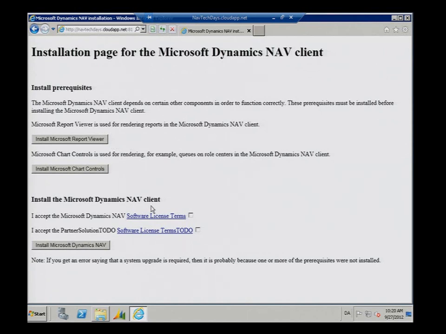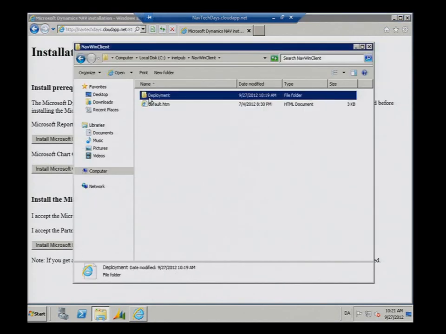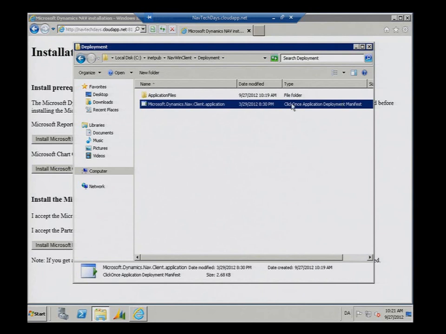And once they've done that, they can read the license terms and acknowledge that they are okay with them, and then press this button. So this button is pointing to one of the files that I just copied in. And let me go to that. So it's pointing to this file. And this file is a little bit special. It's an XML file. It's not very big, maybe 50 lines. But it's a ClickOnce file. ClickOnce is a technology that is part of the .NET framework. It's been that since .NET 2.0, so it's old, it works. And I'll get back to what this XML file means.